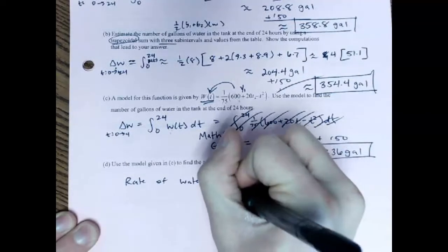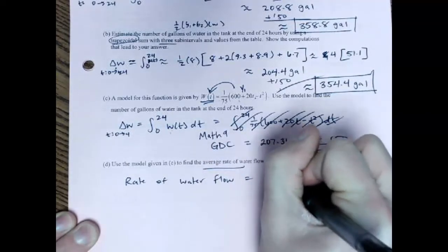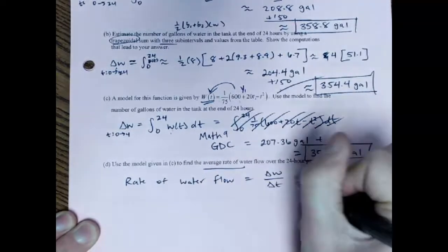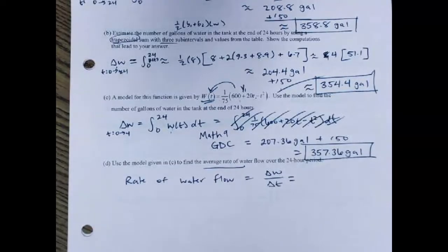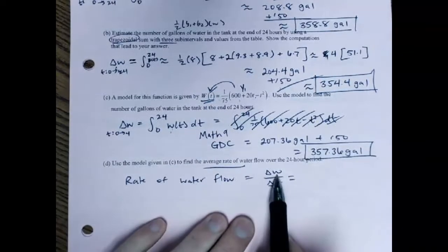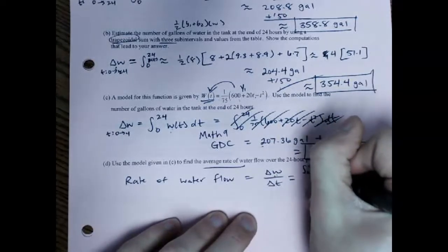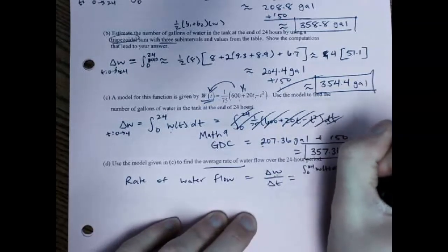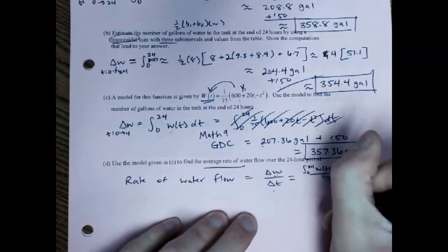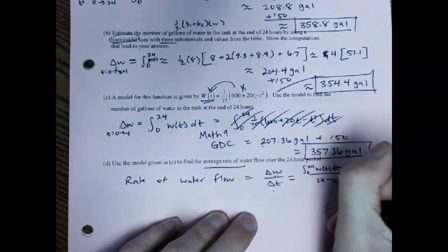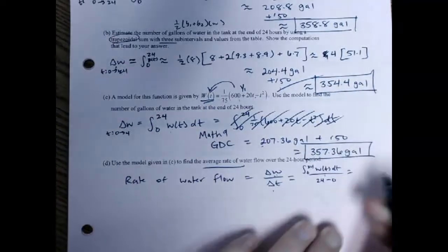Rate of water flow would be your change in water over your change in time. So that's how much water comes in over how long it was coming in. We already know this, right, from previous? That's the integration. The change in water is your integration. The change in time was 24 minus 0. So we had this already. It was your